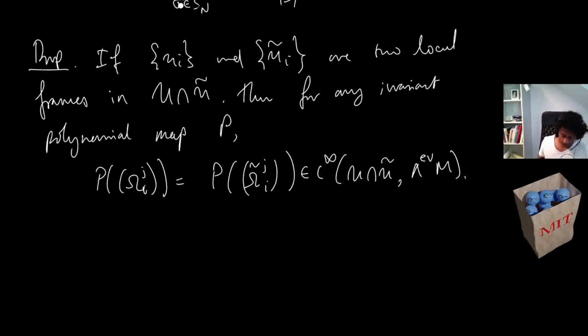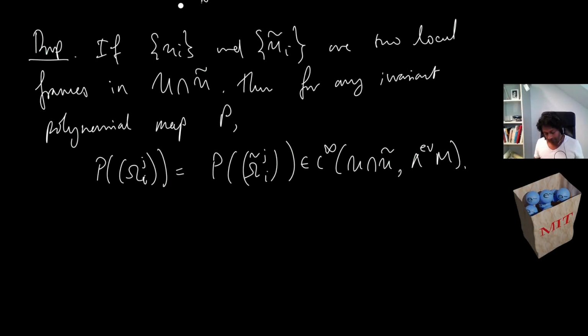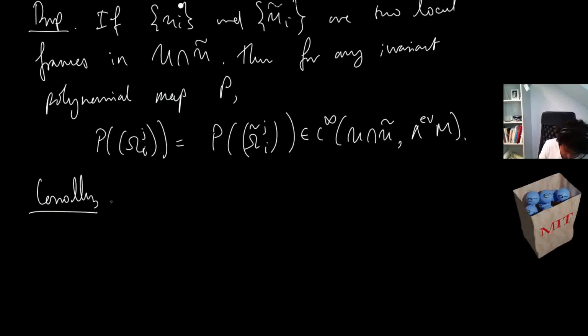Okay, so this is very important because the point is that the descriptions of the connection forms are local, but this is saying that on the intersections, because of the invariance property of this polynomial map, they give you the same object, right? So the corollary then: we have P of omega can be defined,